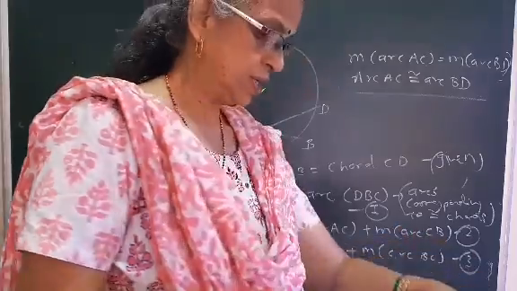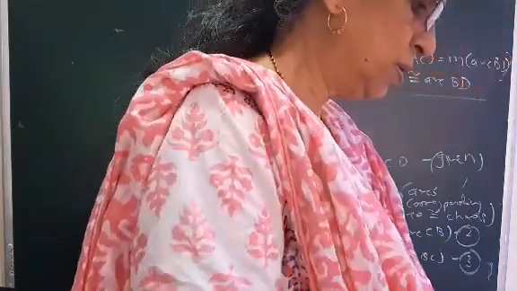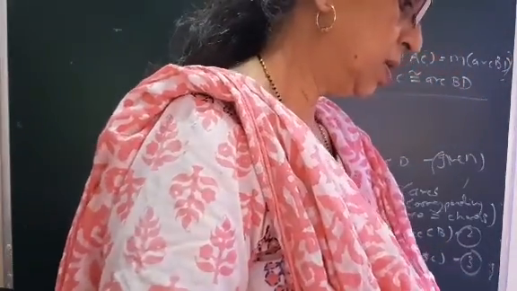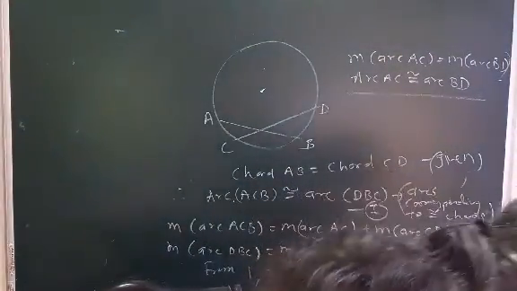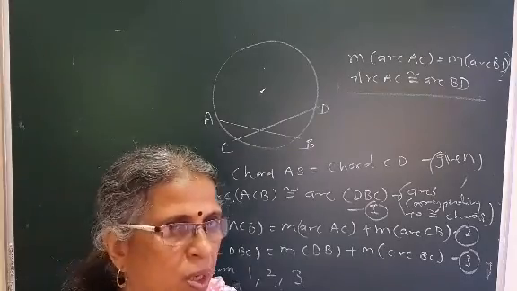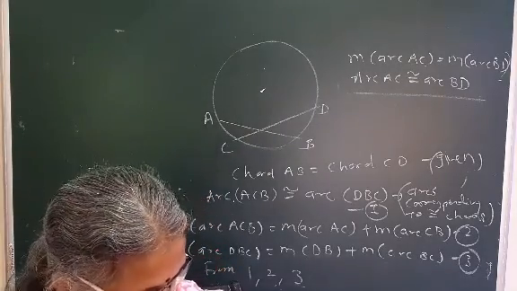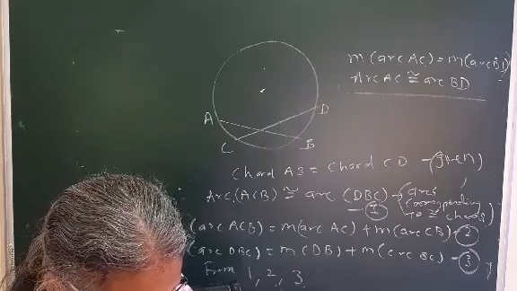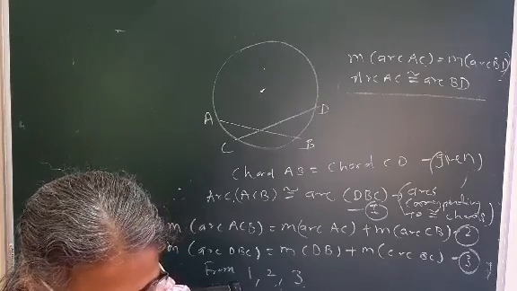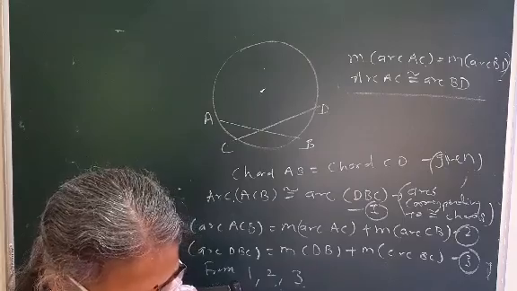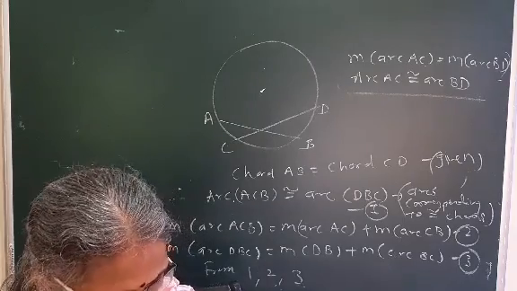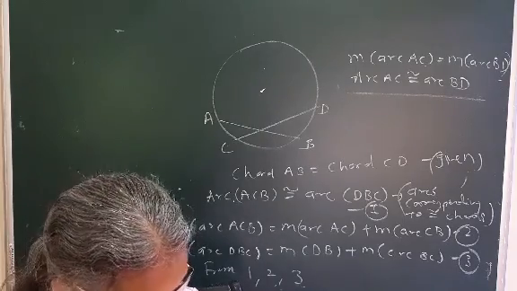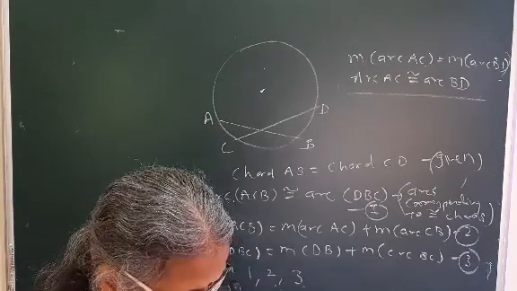Followed? So that is practice set 3.3, which is based on the property, that is, if the arcs are congruent, corresponding chords are congruent. If chords are congruent, then corresponding arcs are congruent. Followed? After that, the very important part that they have given is the inscribed angle. So that I will take in the next video, because I am going to take the inscribed angle theorem in that, very important, in the next video. Followed?